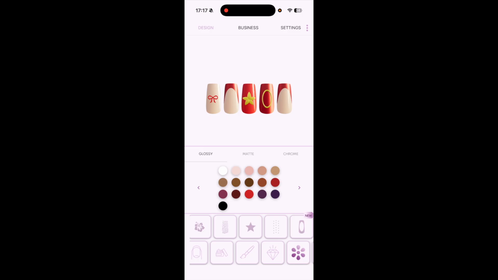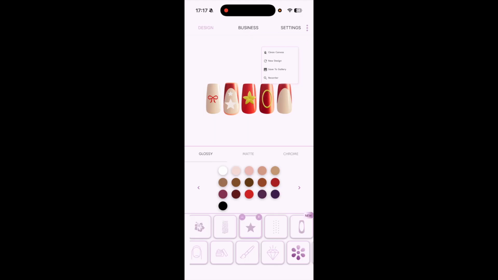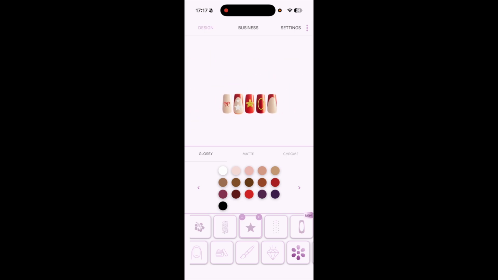And you can also put more than one. So for example, I'm going to put 2 stars here, but I want it smaller, so I'm going to resize it. Then I'm going to click again for the star. Now the way I am moving through the canvas is by pinching. So I'm going to recenter again. Okay, so I'm going to pinch to zoom in and to zoom out. You can also move the canvas, and once you're done, you're just going to click recenter again to see the full